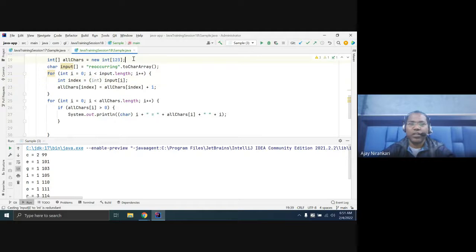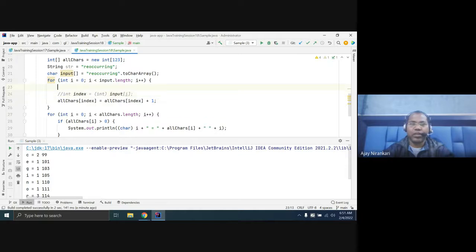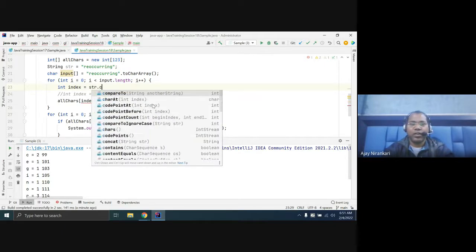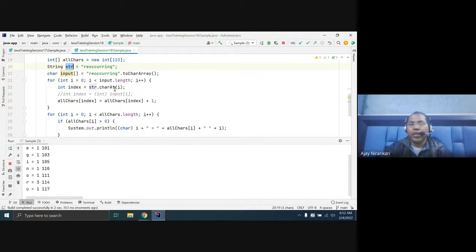This is another approach: let the string be str. Here, instead of this, you can write int index equal to str dot at I. You can do both, both work. If you have a string object, then you can use the at method.